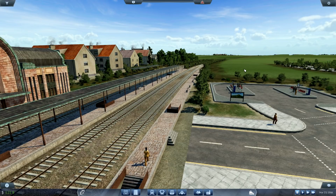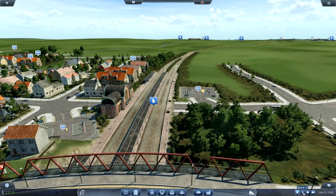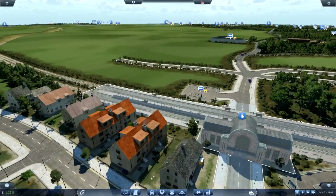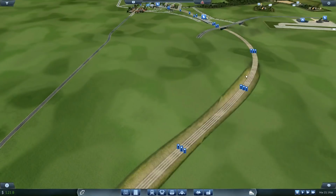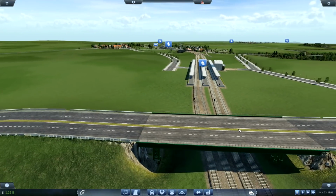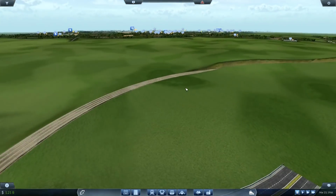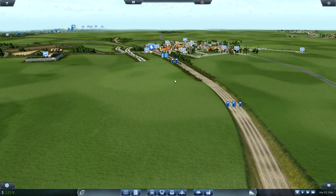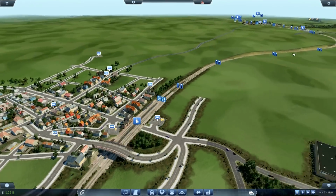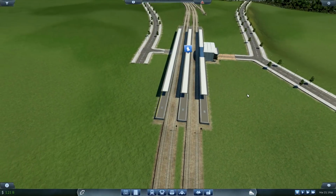Okay, we're all saved. And I had a quick look at what we're doing here. Keep this paused for a second. We're going to start putting in these, what would be class 700s. I had a look at that. Obviously, we don't have those. But what we can do is have some class 101s in white. And I think that'll be good. Another thing I noticed while I was checking what runs on here is...